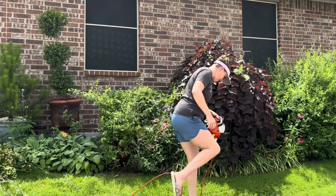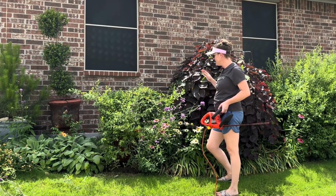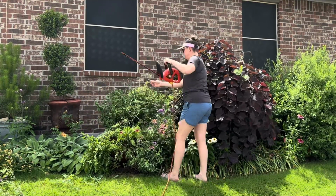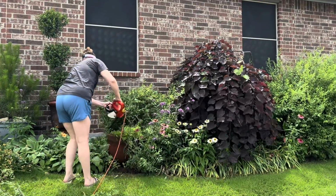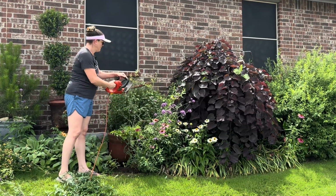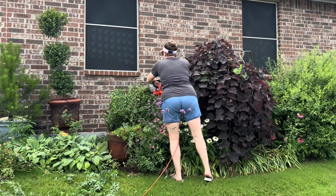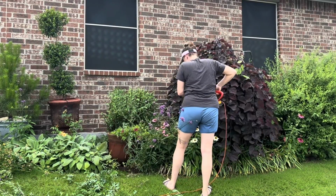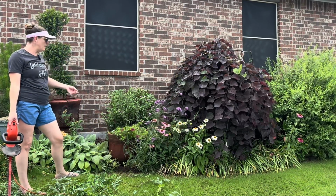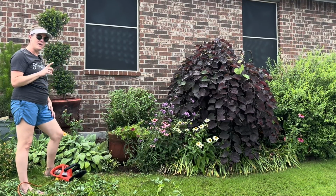Now I am wanting to be careful because I don't want to cut back the existing plants I have here, which is also why I should have started earlier in the spring after its original flush, because now I'm having to fight some blooms. Okay, that looks good. And I'm not going to do more than that, just enough. Shape it up, make it a little smaller, and then it will spend the rest of the season putting on new growth. Now I do want to bring you in and show you what some of the older wood looks